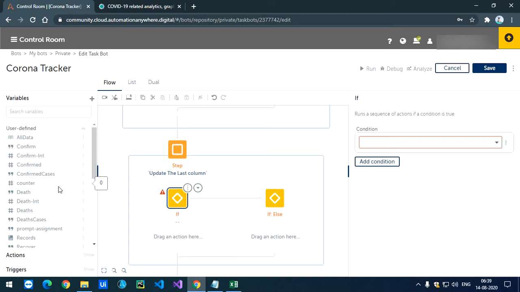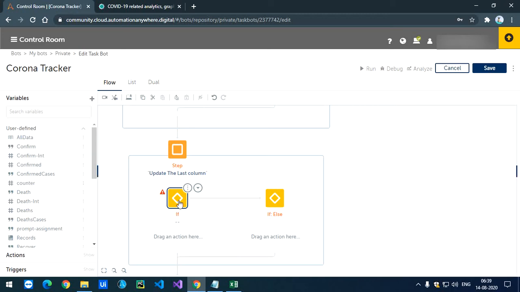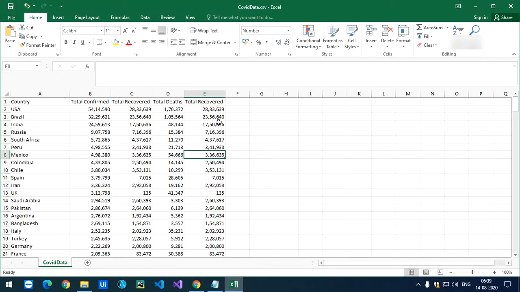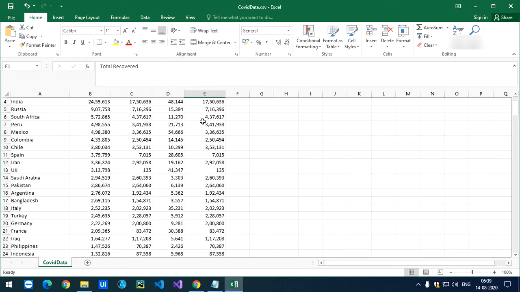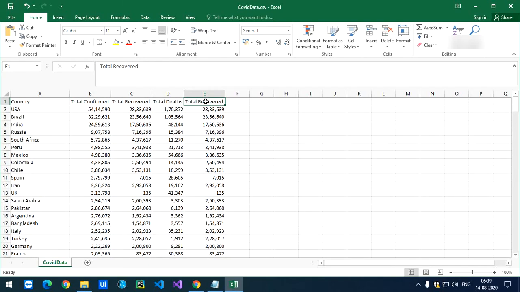In this record you can see the first value is total recovered, and that total recovered appears only one time, because the total record doesn't appear later. So I have to check if this is total recovered, then replace it with the name remaining, and the other things will be replaced with what we assign to the remaining cases.